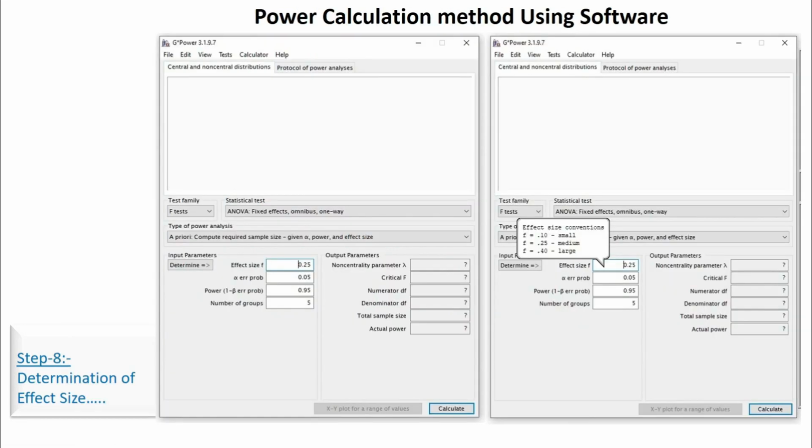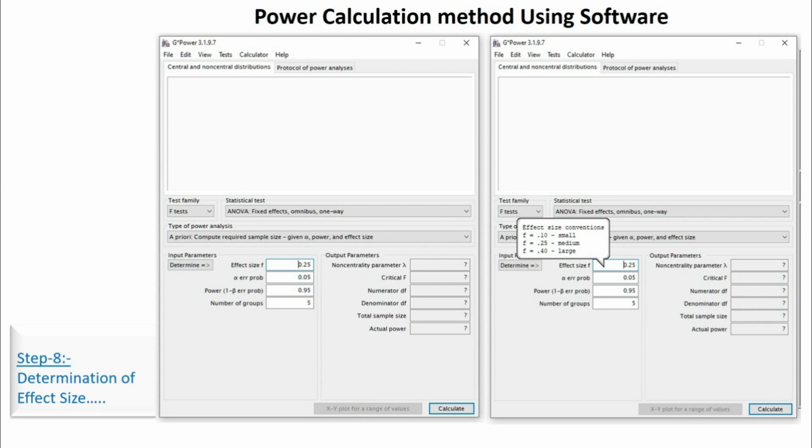In step 8, it has already given three default options. In that, we have to choose one: a small effect size, a medium effect size, or a large effect size. Effect size conventions, we have to choose only one, any one you can choose, that we have discussed earlier in the starting of the protocol. This is the important point, and I will leave it for later so that we can discuss it properly. And the next option we have,